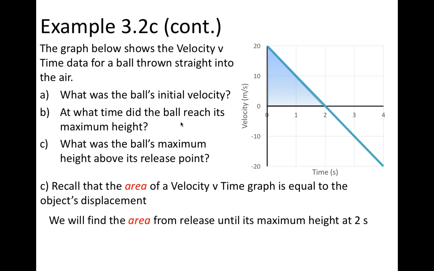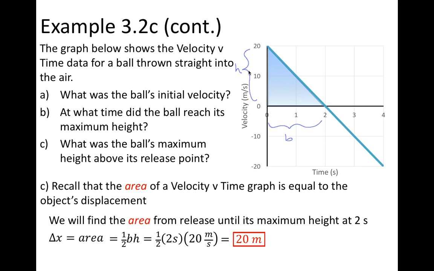That area will be a triangle, and that triangle is going to have a base of 2 seconds, and it will have a height of 20 meters per second. So displacement is the area. We're finding the area of a triangle with base 2 seconds and height 20 meters per second. Crunch the numbers and you get 20 meters. So this object traveled 20 meters before reaching its maximum